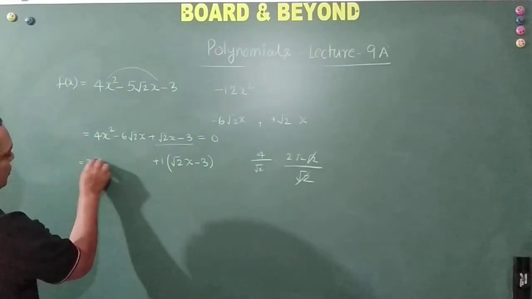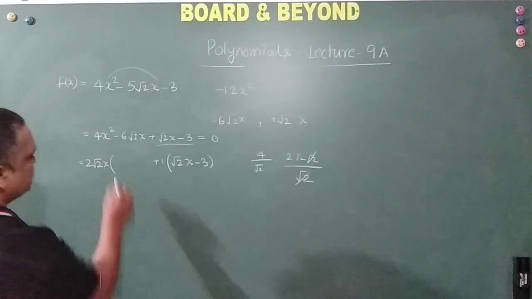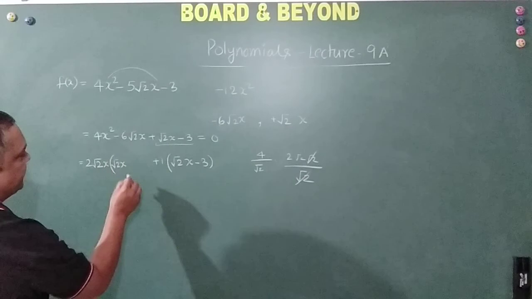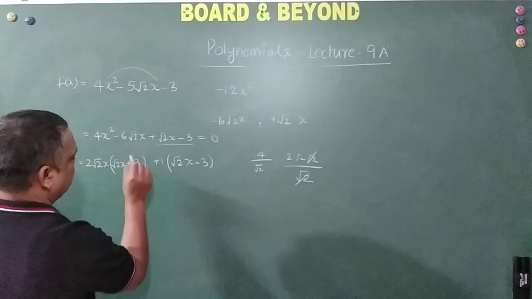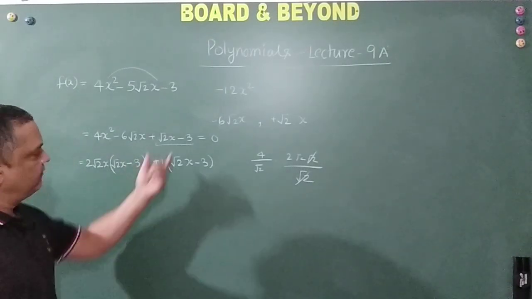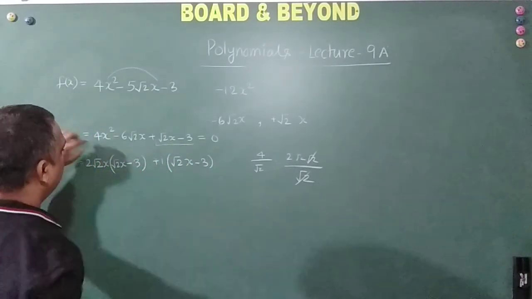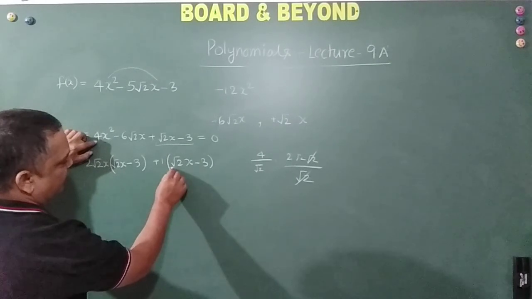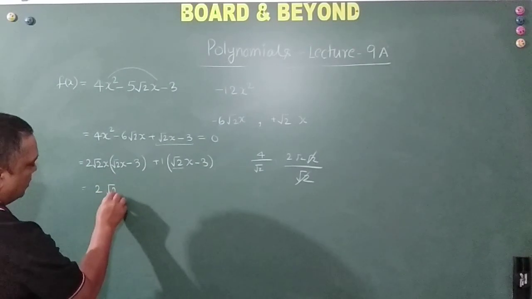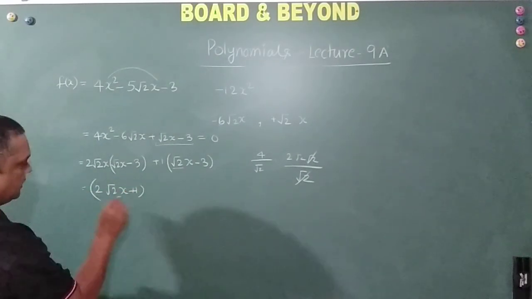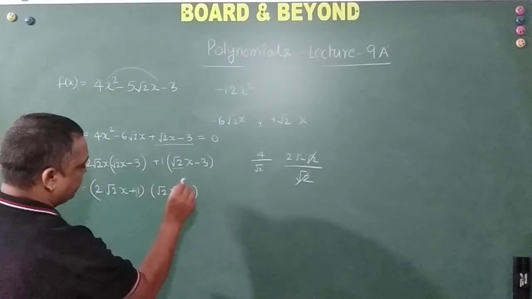So let's take 2 root 2 x common here, so that this becomes how much? Root 2x. Right, friends? Minus, let's see, 2 root 2, this divided by this is nothing but 3. You are getting my point? How did I arrive at this? First you take this and then try to match whatever is inside the bracket here. So for that you must divide the first term with the term which you have got here and then take that common out. Right, friends? 2 root 2x plus 1 and root 2x minus 3 is equal to 0.